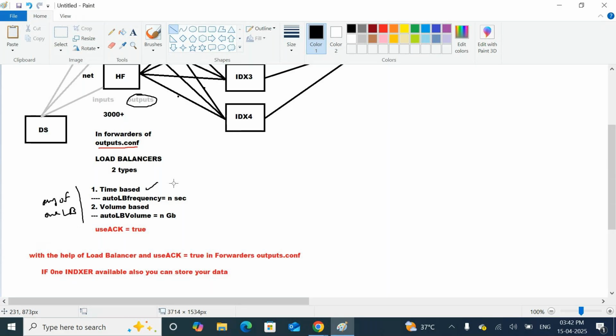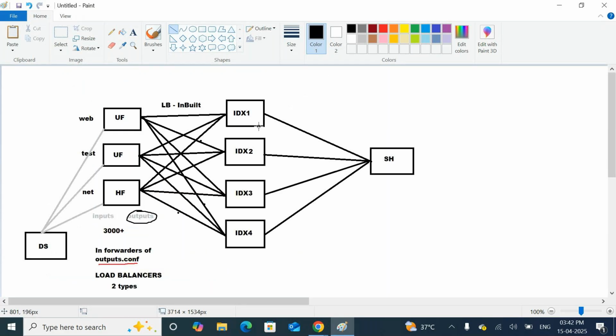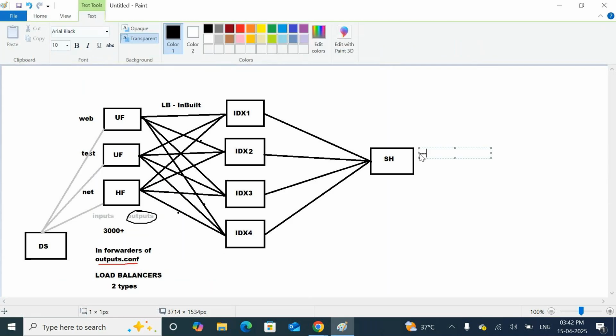Understand? Now, all the indexes are searched from the search head, so that users can write an SPL query. With the help of SPL queries, they will create reports, alerts, and dashboards for better visualization.